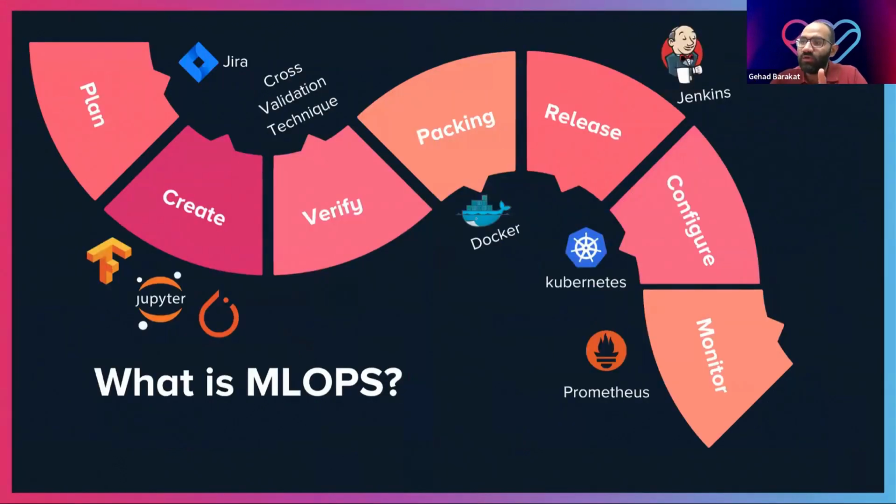Okay, so MLOps covers a lot of things, starting from planning the project, how we do the creation of the project. It's normally a main task for the modeling part, how you can build, as I mentioned, a computer vision algorithm or NLP algorithm that could work on one of the tasks. But then you need to work on verification and packaging for the models, how you can release it, how you can do certain configurations to make sure that the model is going to serve people using different devices and using different